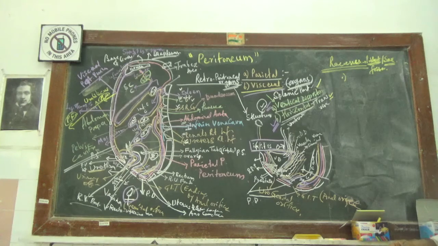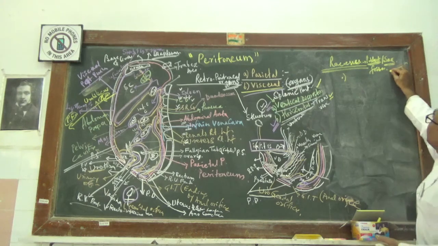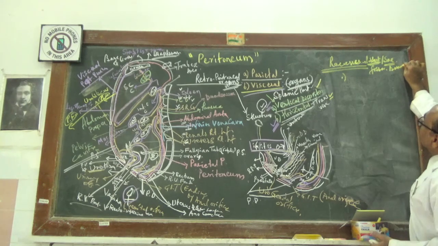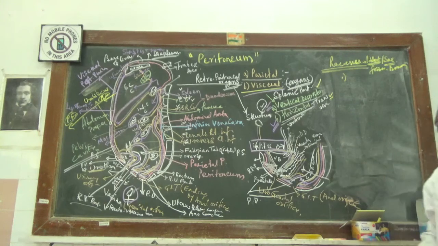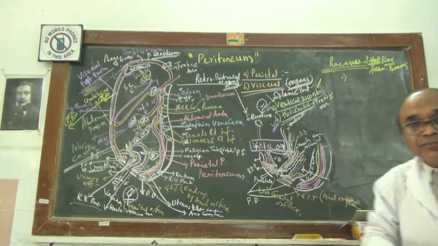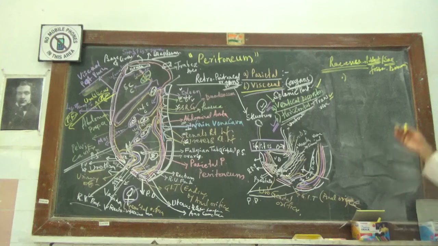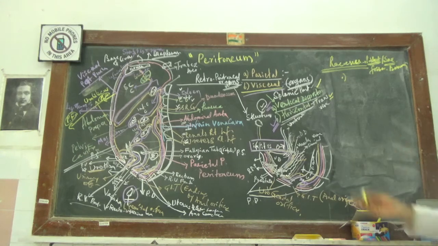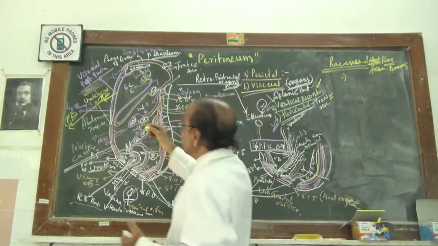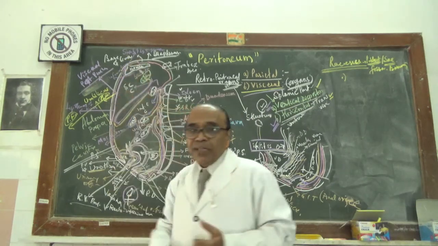They are the pouches. They are also called bursae. Rather, bursae are called omental bursae. Bursae means they are the protruded part of the peritoneal fluid. So you will have the greater omentum and the lesser omentum.